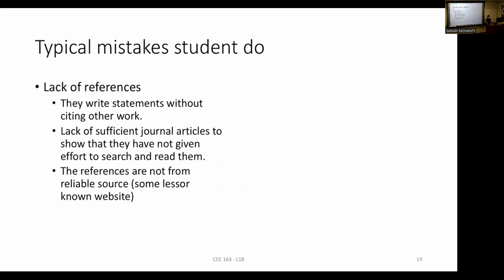And then, don't cite a website unless you have no research articles. A lot of times you cite a website like EPA, which is fine, but let's say you cite some random news website saying that this news channel shows that stormwater is the main cause of pollution. They're not an authoritative voice. They cite somebody else. The reporter is writing about somebody else's work, so they're not the original reference.